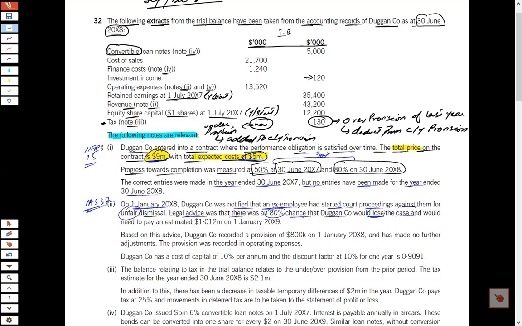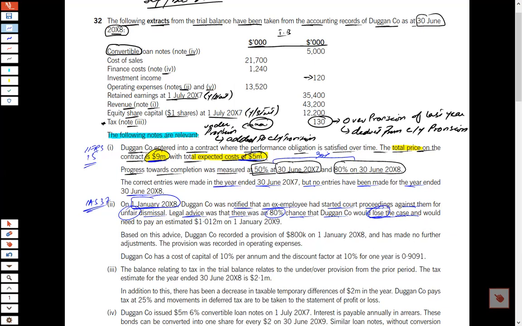So we have to record a liability as a provision when there are probable chances, and probable means like estimating a 50% chance, 65% chance, 75% chance, more than 50% chance. So if you are expecting that you would be losing the case and there is an 80% chance of losing it, it means you have to book a liability in this scenario. And you are working on 1st Jan 2008.